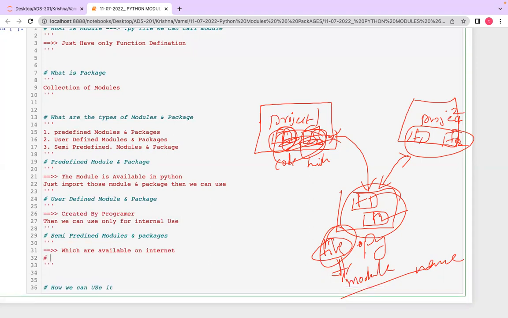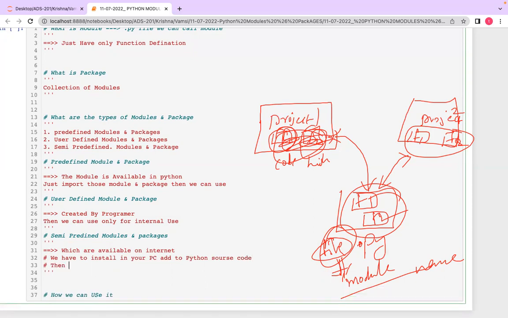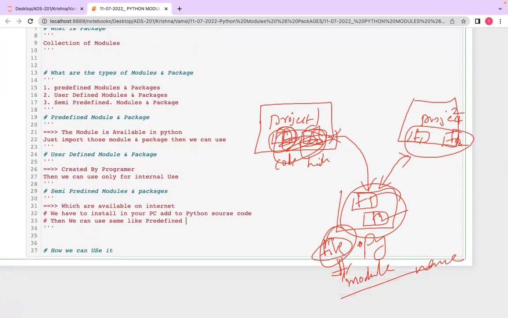Then what we have to do is install them in your PC or your server, and add to the path, add to the Python source code. Then we can use them same like predefined modules and packages.